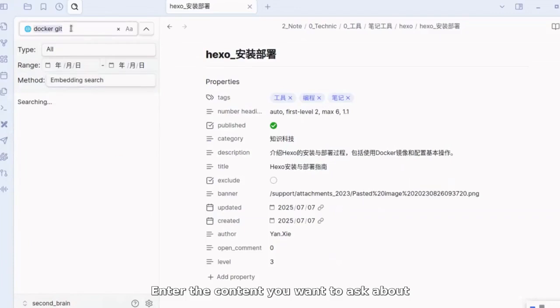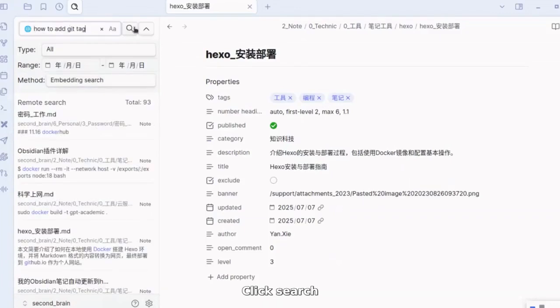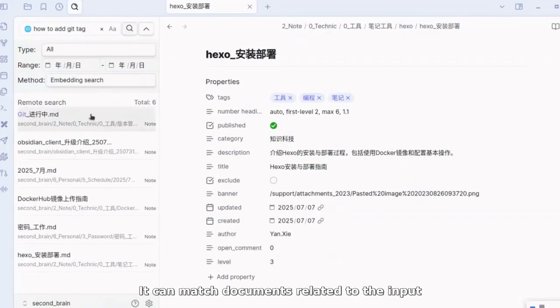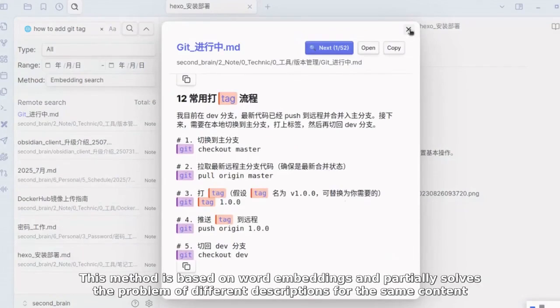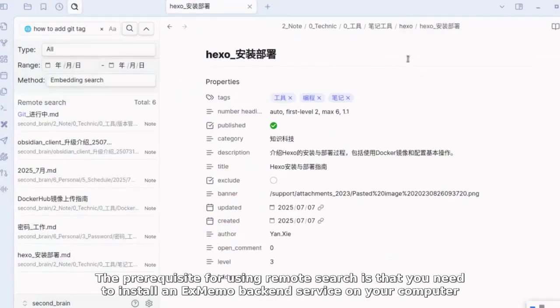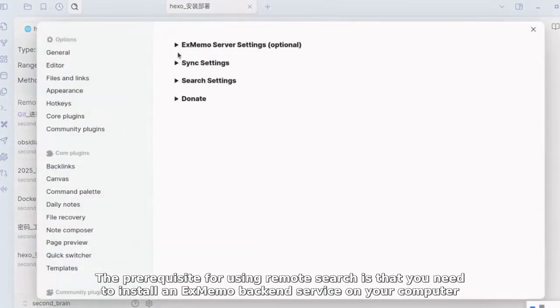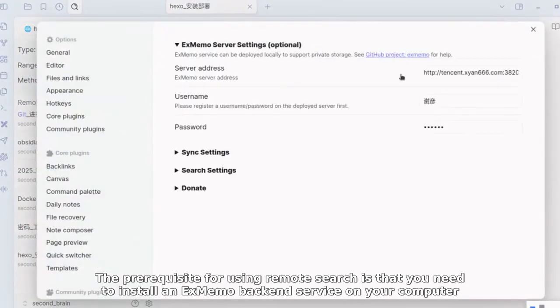Enter the content you want to ask about. Click Search. It can match documents related to the input. This way you don't need to break down the content you want to search into keywords, you can just use natural language descriptions. This method is based on word embeddings and partially solves the problem of different descriptions for the same content. The prerequisite for using remote search is that you need to install an ExMemo backend service on your